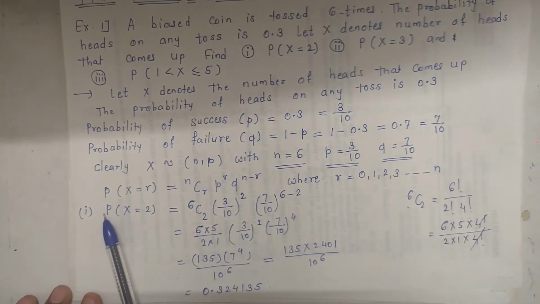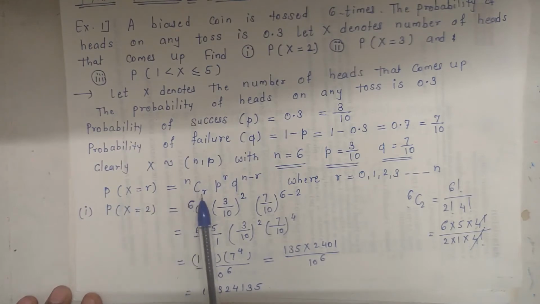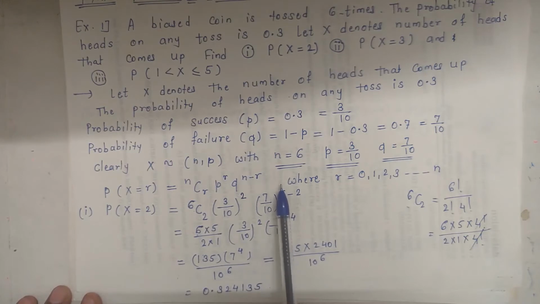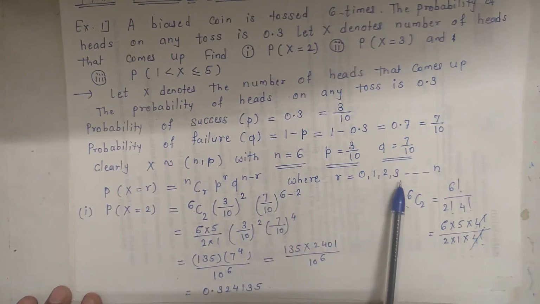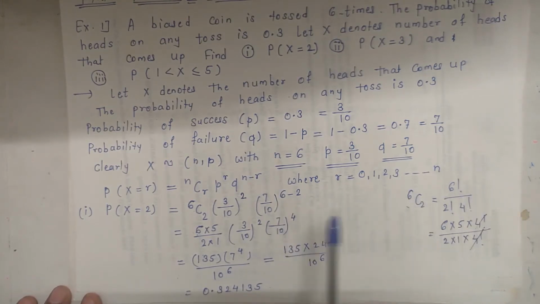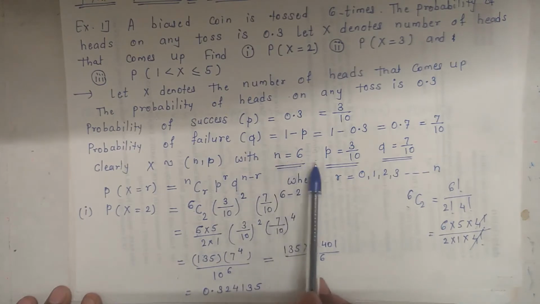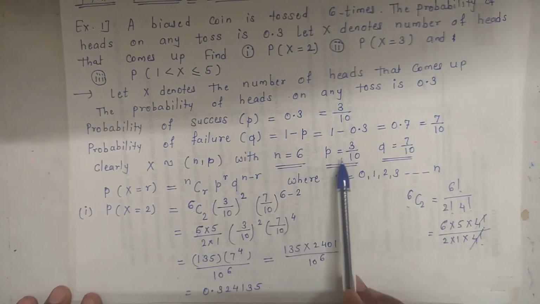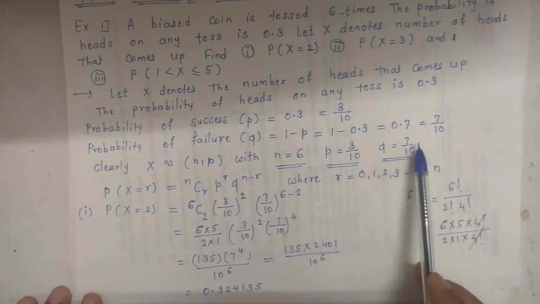Now we know that the probability for x is equal to r, using the binomial distribution, can be written as nCr into p raised to r into q raised to n minus r, where r is equal to 0, 1, 2, 3 up to n. Using n is equal to 6, p is equal to 3 by 10, q is equal to 7 by 10,